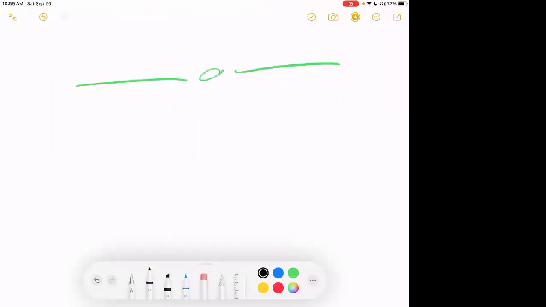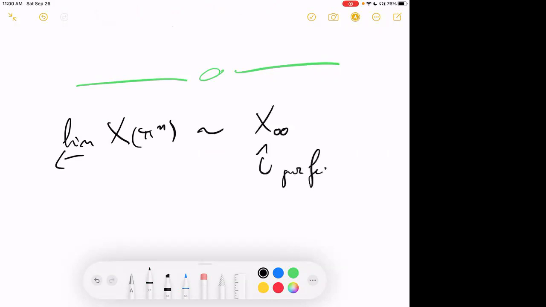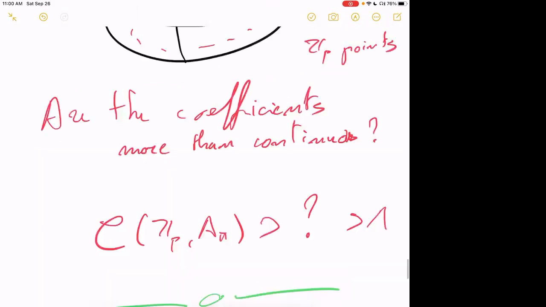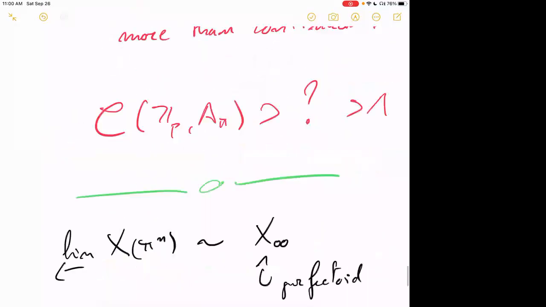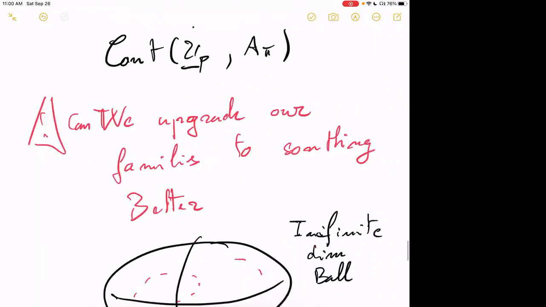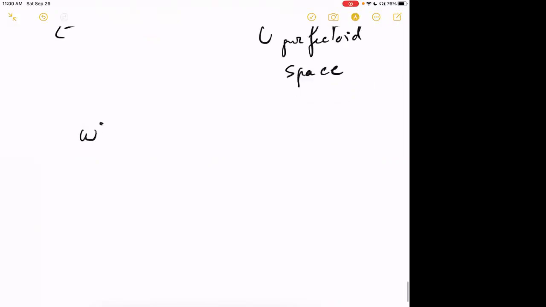Another fact, we can consider the modular curve X of level pi to the n. And we can consider the projective limit as a topological space. Well, this is isomorphic to some sort of X infinity, which is a perfectoid space. And well, this is another theorem with Marc Huber. And what we show is that we can recover over the perfection of X, using perfectoid methods, our sheaf omega s. The omega s that was defined a priori using geometry can be, well, at least its perfection can be defined